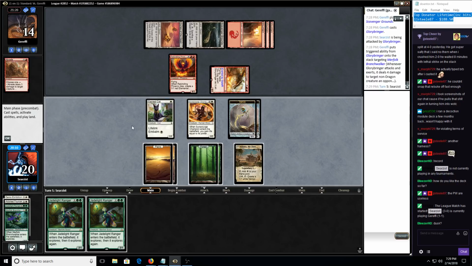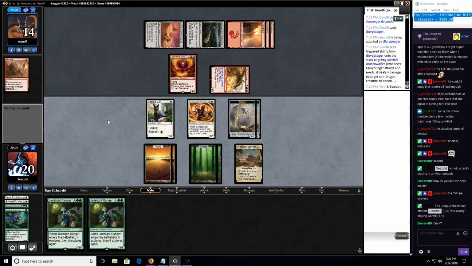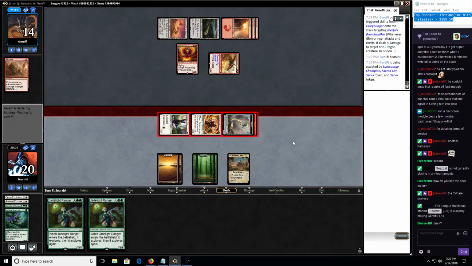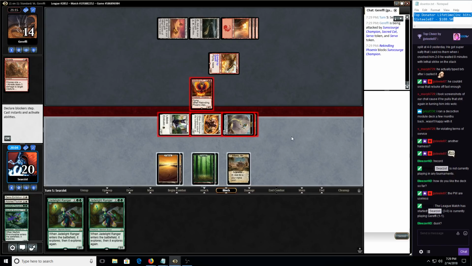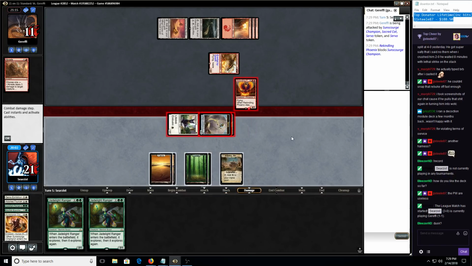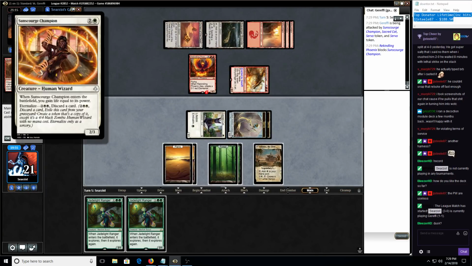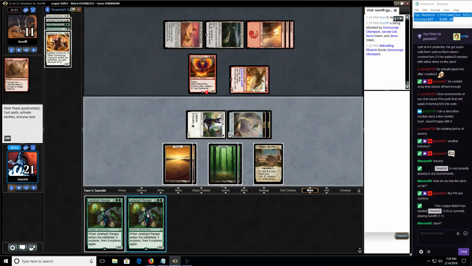Question is, do I attack now? I think I attack with them all again. If he blocks this guy, we can buy it back if we want. That's interesting. I don't think he makes a block on this one unless he has exactly another Glorybringer, so...